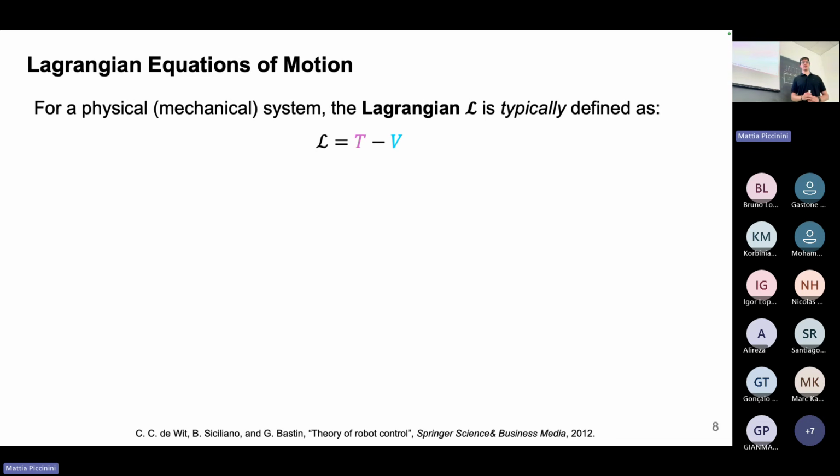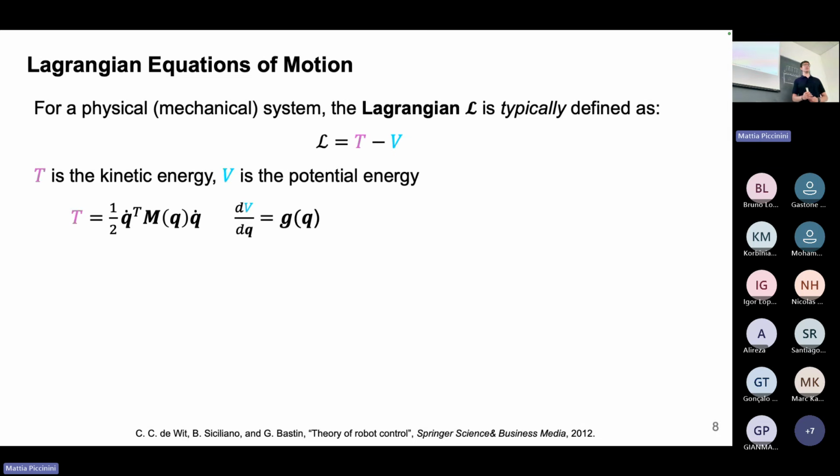Here the idea is, we don't have to model the forces, but we have to write the Lagrangian, which is maybe another challenge. But the Lagrangian is typically defined in terms of energy, as the difference between the kinetic and the potential energy of the system. The kinetic energy, at least for some classes of systems like rigid bodies, can be written in this way: 1/2